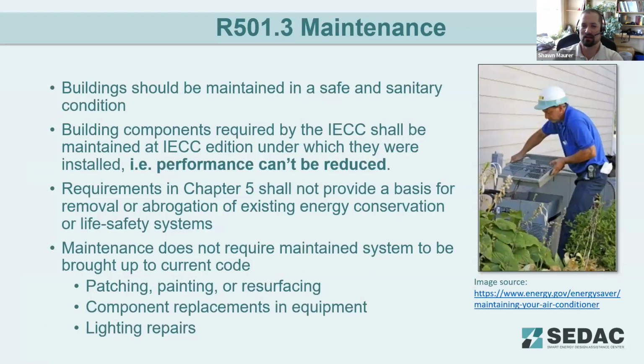Looking at building maintenance, really quick summary here of this section. Buildings need to be maintained in a safe and sanitary condition that complies with the energy code under which they were constructed. So when you're doing repairs and maintenance, that's not going to trigger bringing those systems up to the current energy code. If you're having to swap out a compressor on an AC unit for your home, you don't have to replace your old 12 SEER system with a new 15 SEER or 13 SEER unit as mandated by minimum energy code requirements. You probably will just because it makes sense, but you're not mandated to by the code. If you're just replacing a fan or something like that,